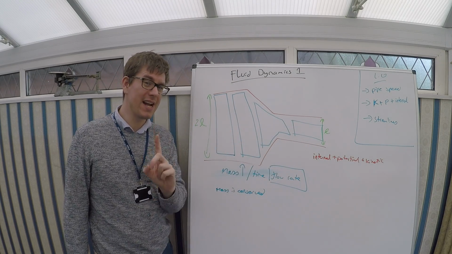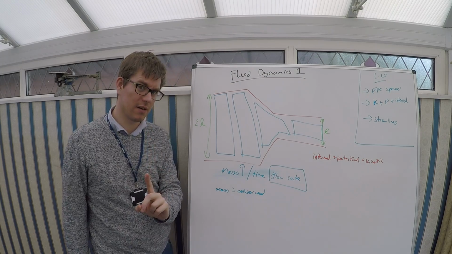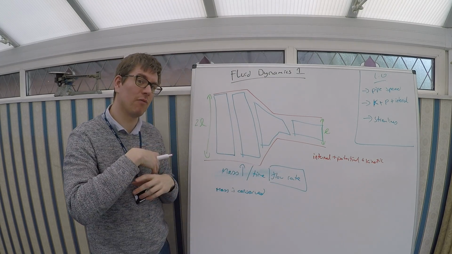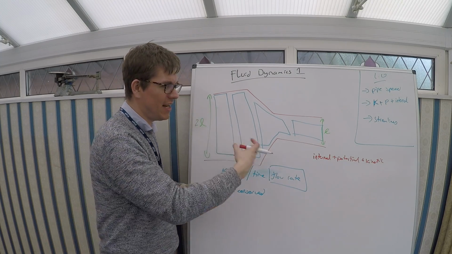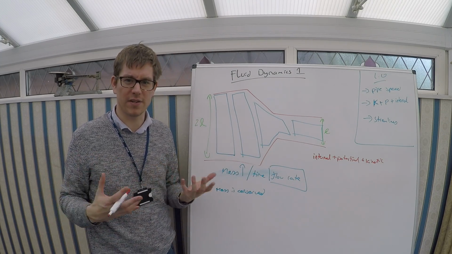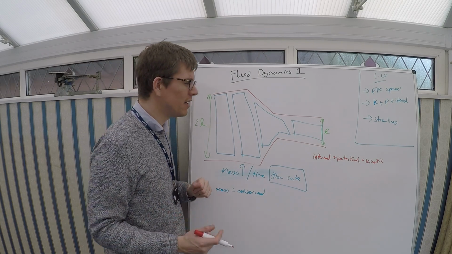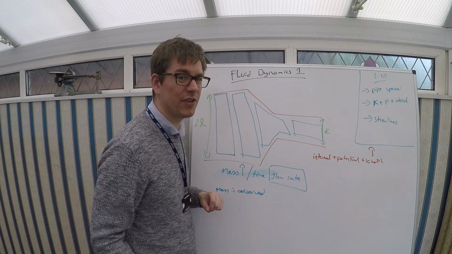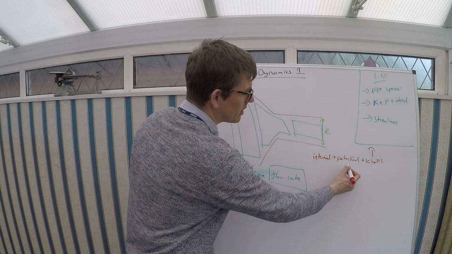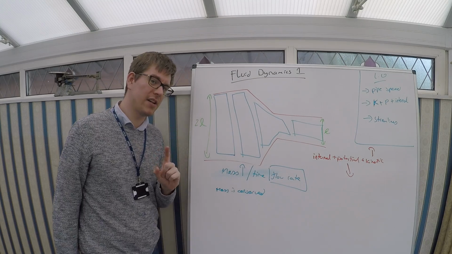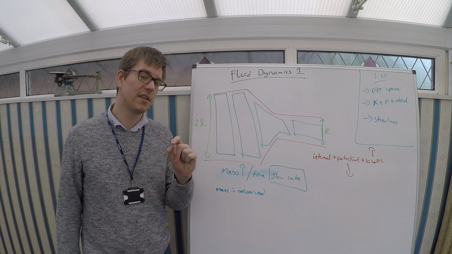Now we know that energy must be conserved. When the water speeds up, that energy has to come from somewhere. It can't just gain kinetic energy and not lose energy somewhere else in the system, because energy can never be created or destroyed, which I don't need to tell you. So if the kinetic energy is going up, one of these other two has to go down. And it turns out it's the potential energy which drops, because potential energy in fluid dynamics doesn't just refer to